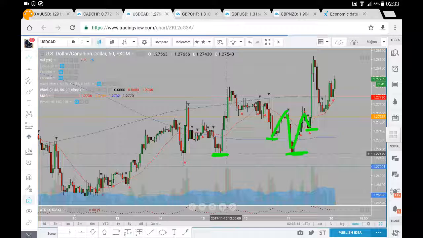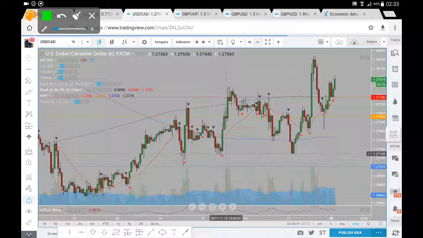The market waited for the news in regards to the US dollar and the CAD. So we had somewhat worse than expected US dollar news and somewhat better than expected Canadian dollar news. So a strong against a weak, and we did see this strong bullish move upwards. The strong bullish move upwards came into an area where we did see resistance previously. This video is probably taking a bit too long talking about what's happened in the past, but let's just zoom